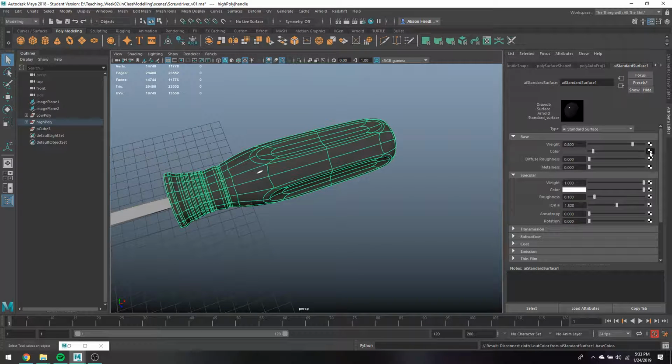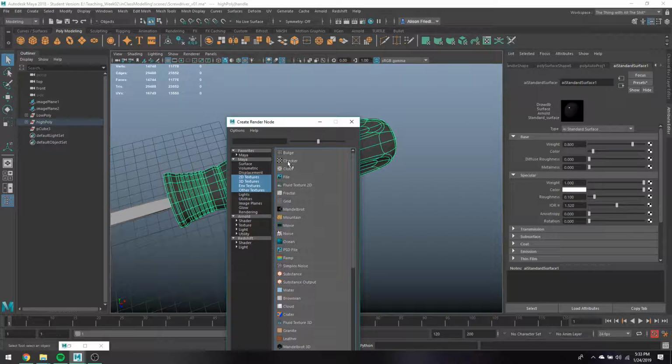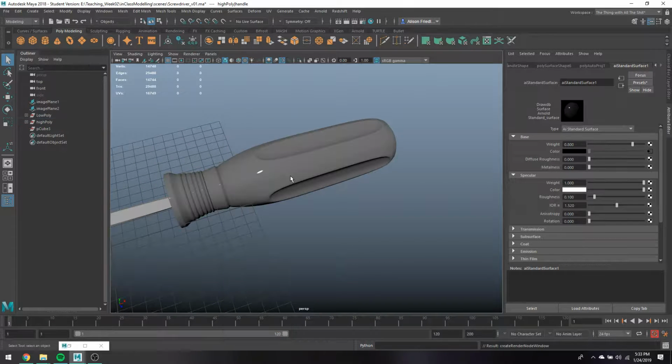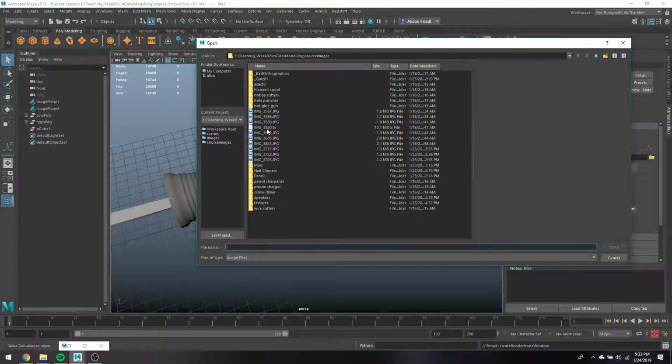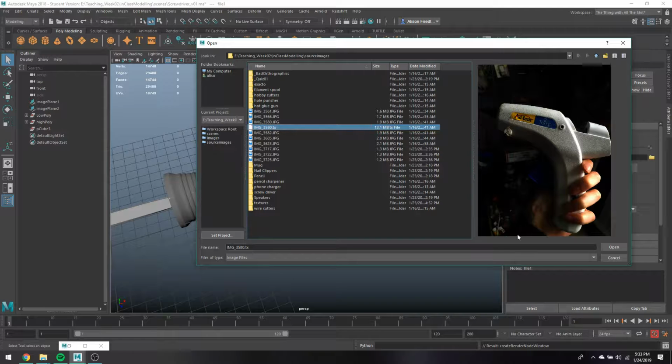Anywho, I did mention you could also map files in. So I'm going to click on the little checkerboard box next to color. And instead of picking one of the checker or cloth textures, I'm going to select file. At which point it should bring you to this tab with information about the file you've selected. But I haven't selected a file yet, so you'll notice that the image name is blank and there's nothing displaying on my model. Just click on this little folder button, and you can navigate around to find